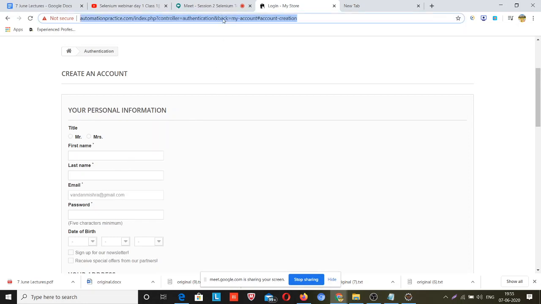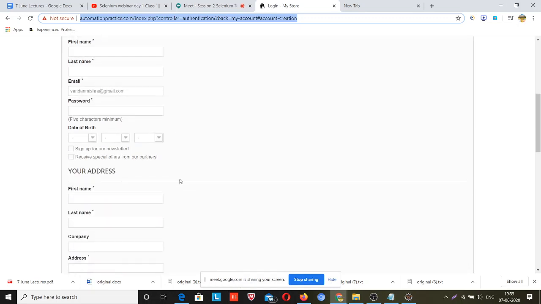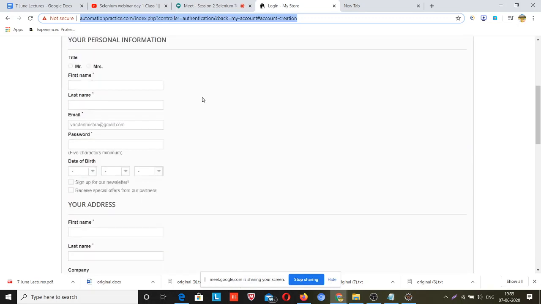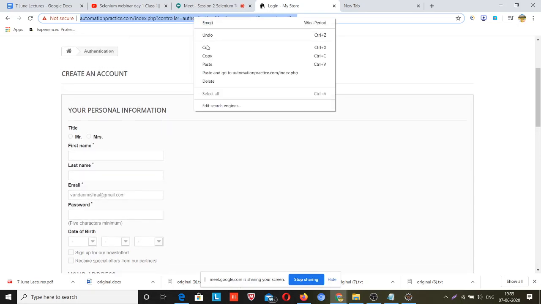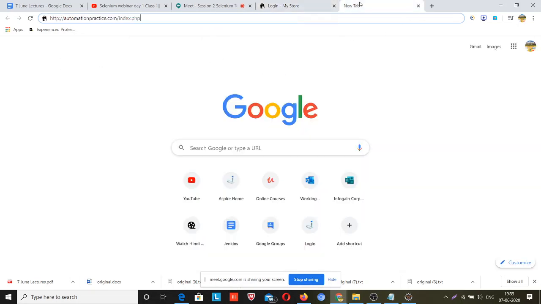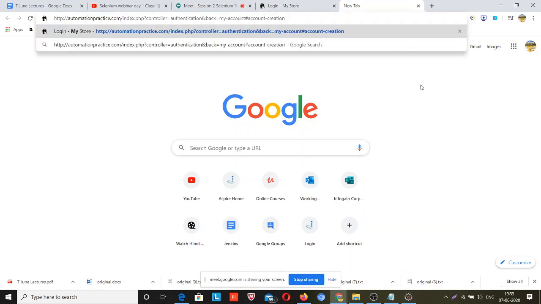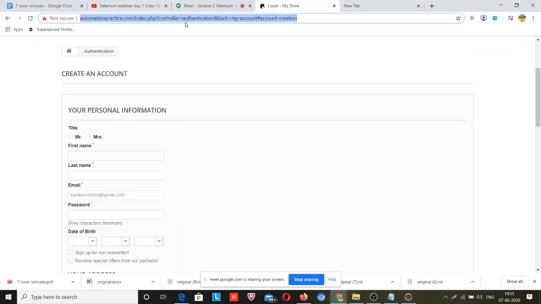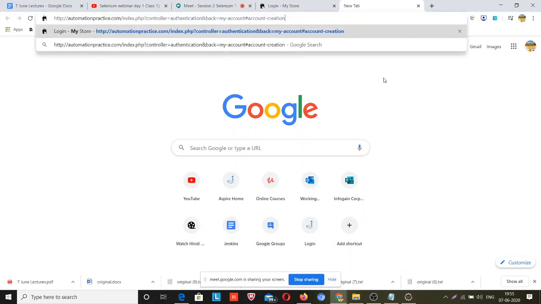I want to reach this URL, and in this URL this form is present. So first I wanted to directly jump to this sign up form, so I copied my URL from here and pasted it. Look what happens.